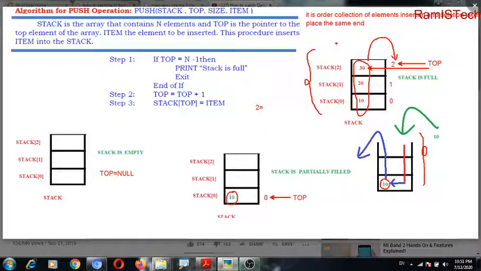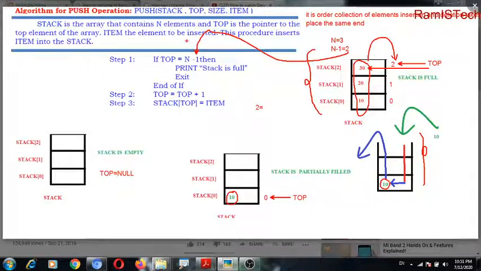So n is 3. So n minus 1, 3 minus 1, is 2. Correct? So now n minus 1, 2, is substituted here.